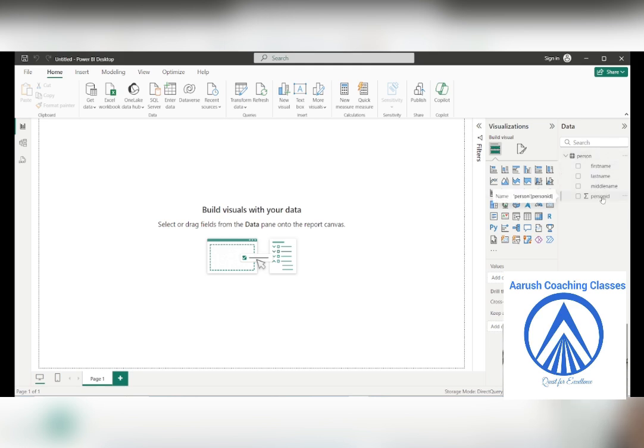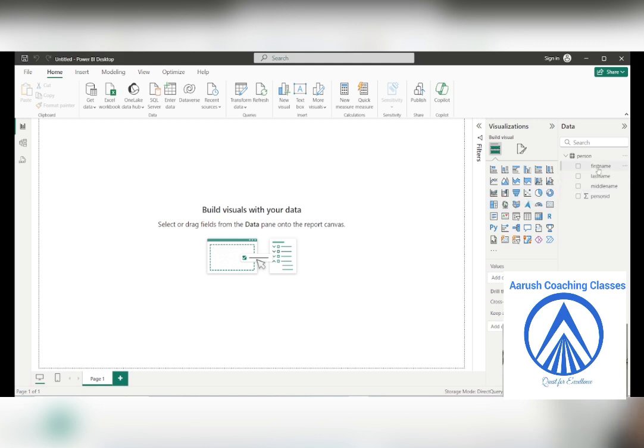Now this data will be used to produce a graphic. Graphic means the visualization. You can select any visualization of your choice.